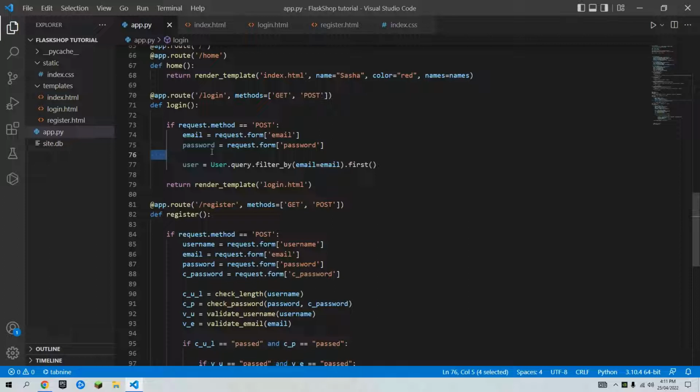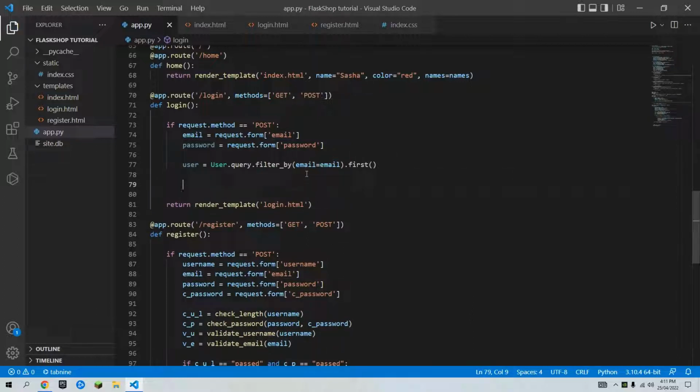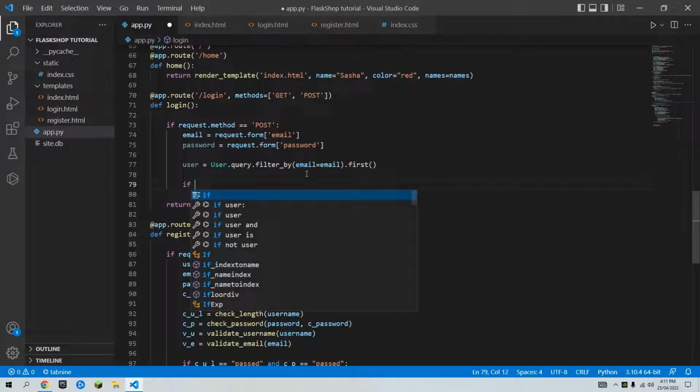Yeah, and the autocomplete is Tabnine. Tabnine is really good, and this is not a sponsor. I'm just saying if you guys want to speed up your code, you can use Tabnine. So we've got a user over here: user equals User.query.filter_by(email=email).first. So we're gonna check if a user exists with those credentials. So if user,